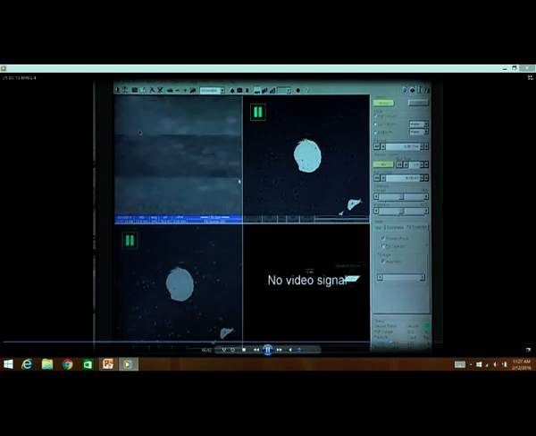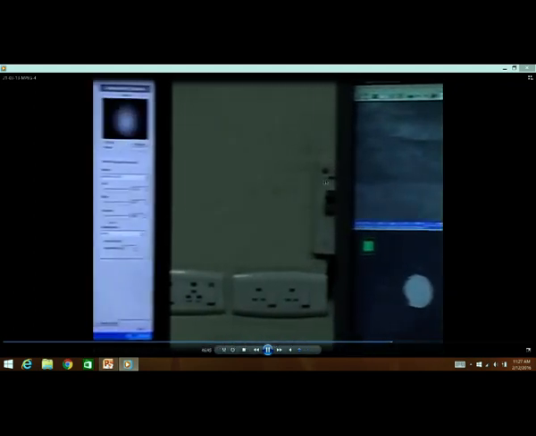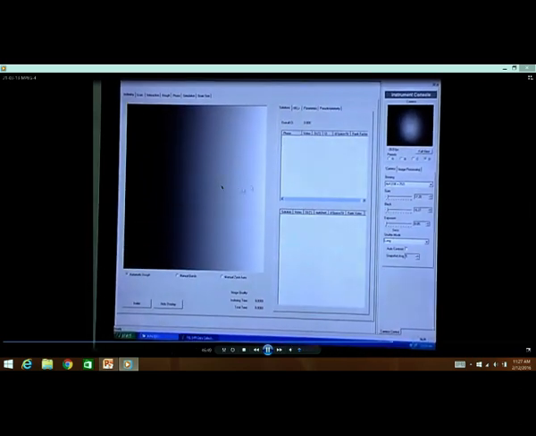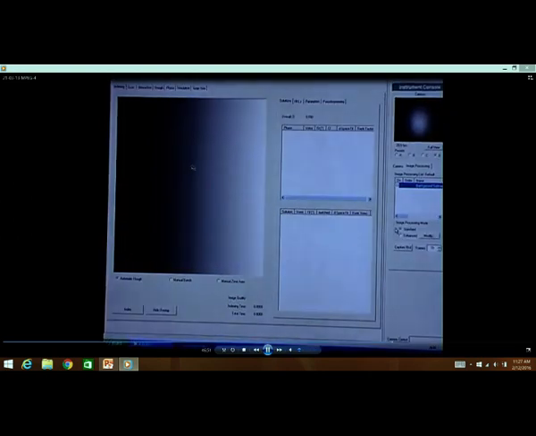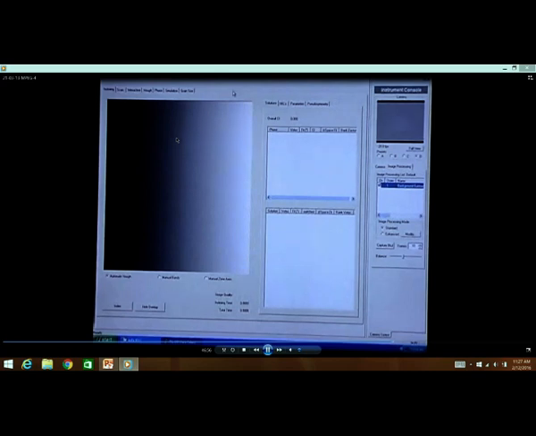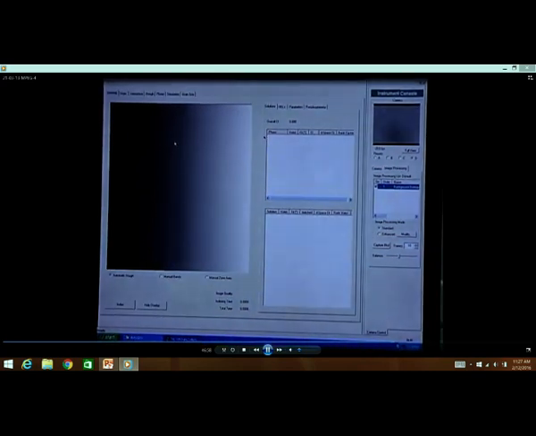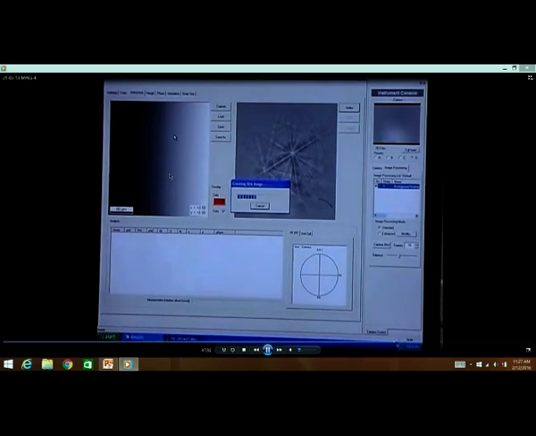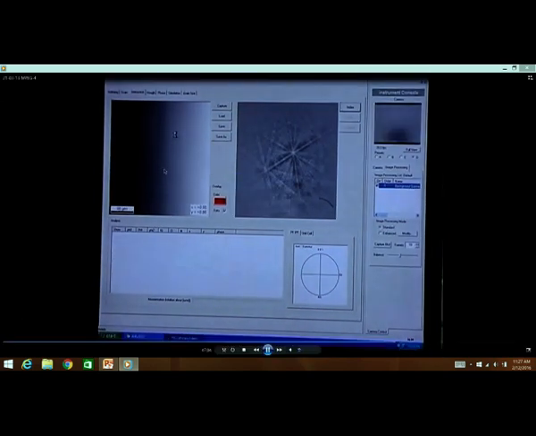Normally what happens is, once you obtain a secondary electron image, you just grab it on another screen where the orientation microscopy software called TSL handles this EBSD analysis.